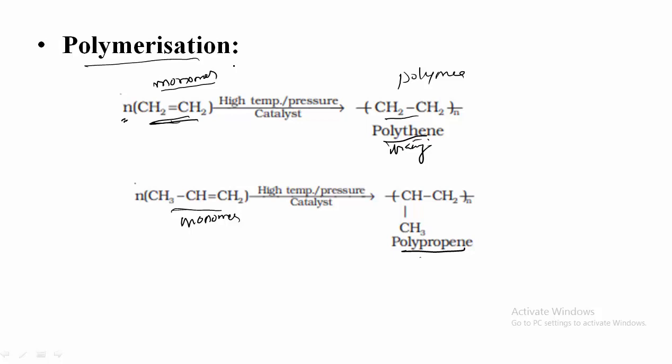And this polymerization has a lot of applications in refrigerator bottles, as well as many different kinds of rubbers, and tables, all those are made up of polymers. Chairs, tables, different kinds of plastic products, all those are nothing but the result of polymerization, and that is observed in the case of alkenes. So these are some chemical properties of alkenes. Just go through all the properties once again and remember these properties.